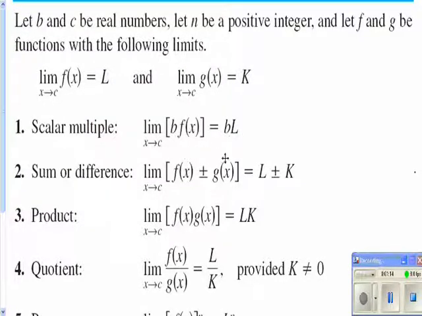Here, if you have things added together or subtracted together, and you're